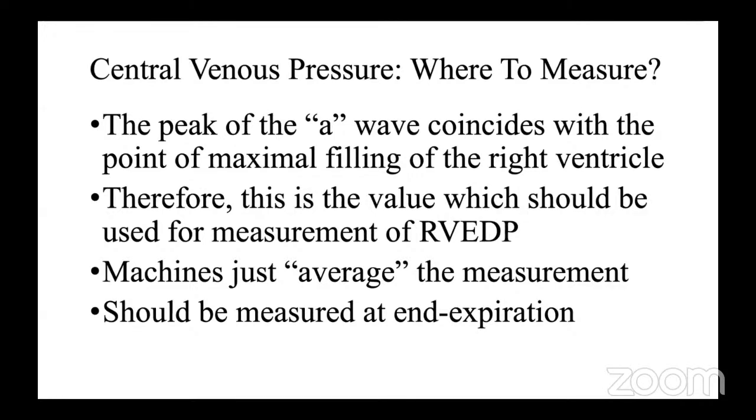The peak of the A wave on the central venous pressure coincides with the point of maximum filling of the right ventricle, and therefore this is the value which should be used for measurement of right ventricular end-diastolic pressure. Do not take the readings that you see on the machine to be the central venous pressure, because the machine is just going to average the measurement, and all of us know that it should be measured at the end